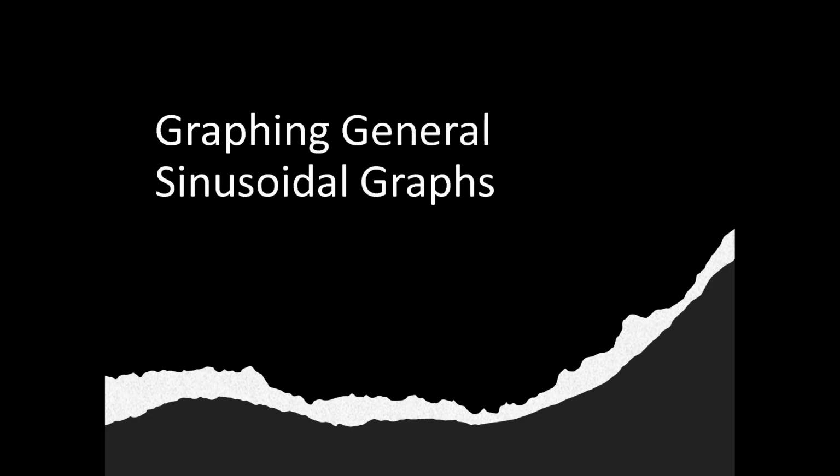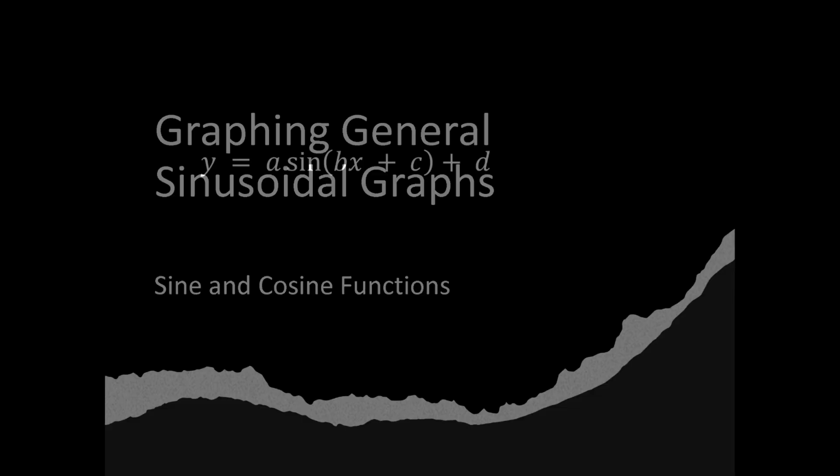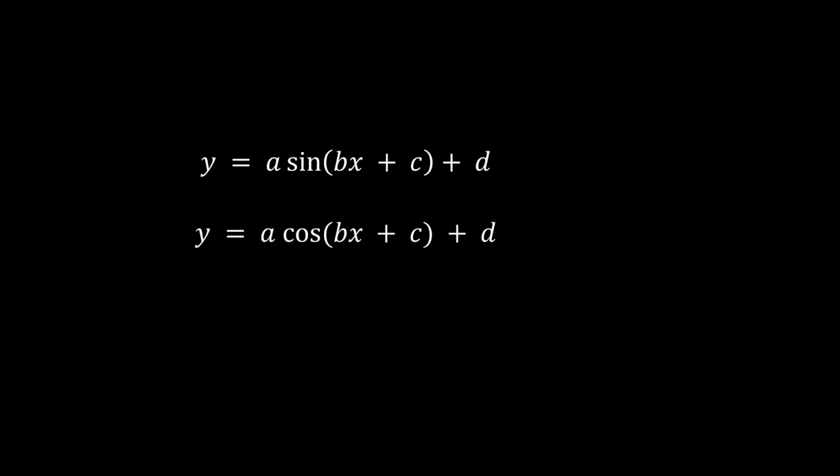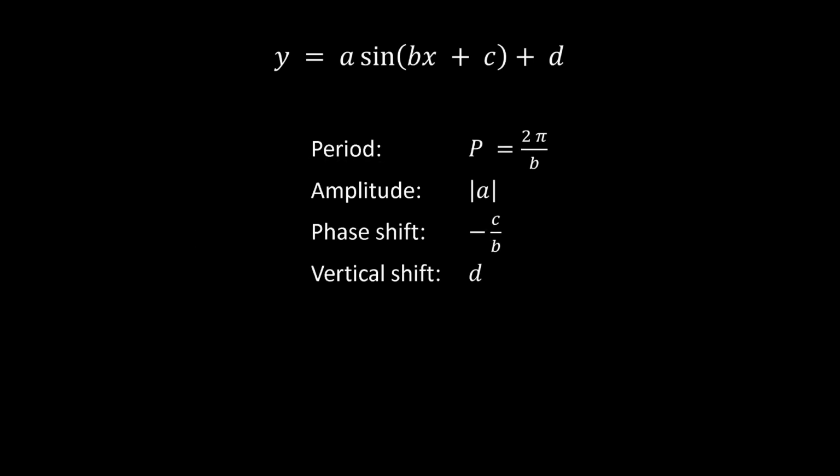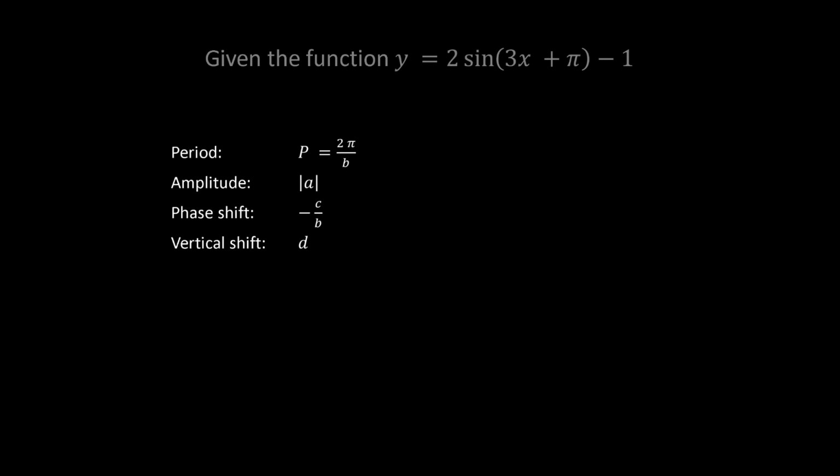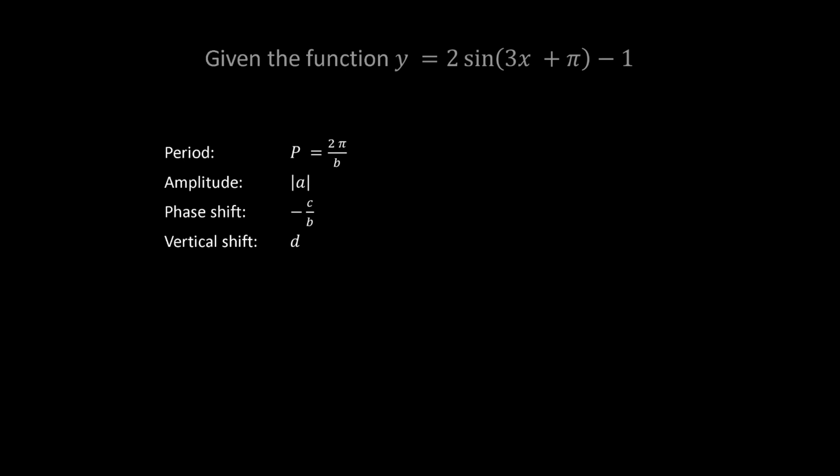In this lesson, we will learn a step-by-step method for graphing general sinusoidal graphs, functions of the form, and also this form. For a sinusoidal function, we'll look at four key values: period, amplitude, phase shift, and vertical shift. Let us consider this example. Then the values are: